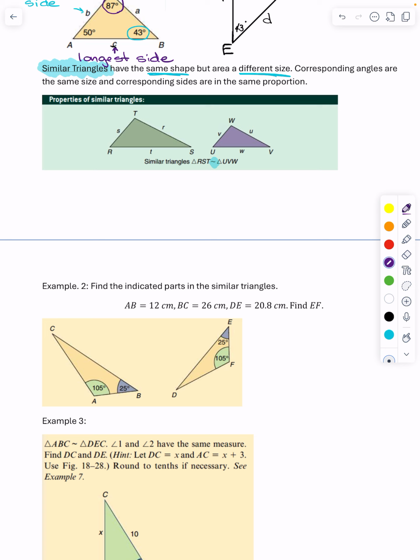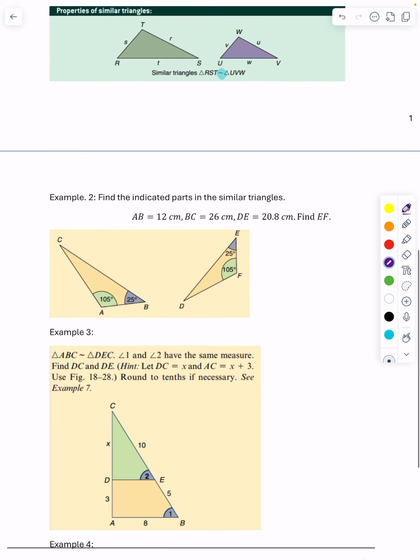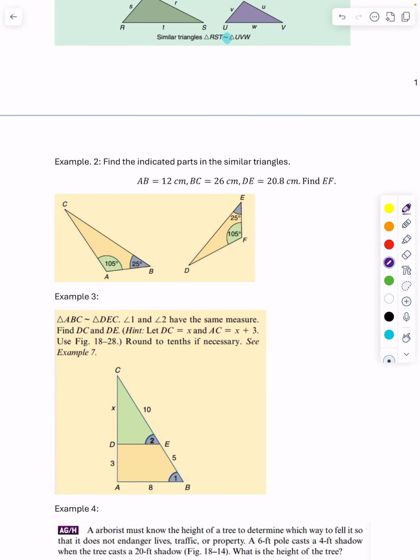They are going to be similar if all the angles are exactly the same size, but the sides are in proportion, and the sides all have to be in the same proportion. Okay, now, let's take a look at what we have. I have two triangles. Both have the 105 and the 25-degree angle marked, and 2 out of 3 angles is all we need. Because all 3 angles in a triangle always add to 180,